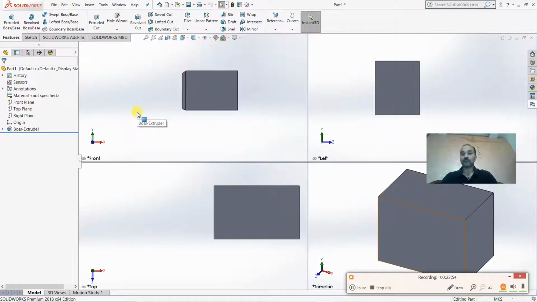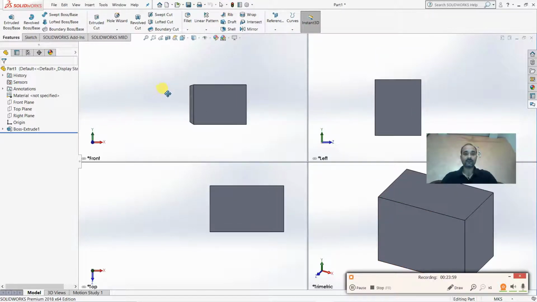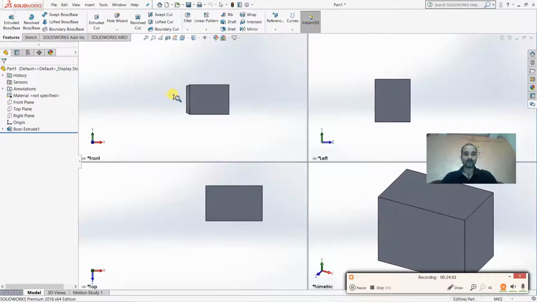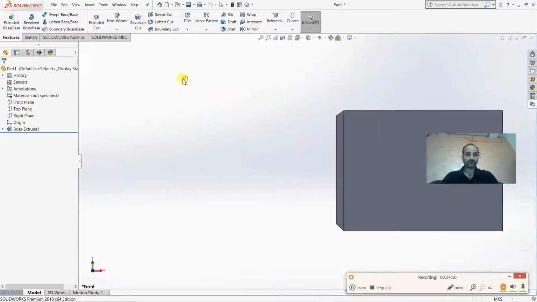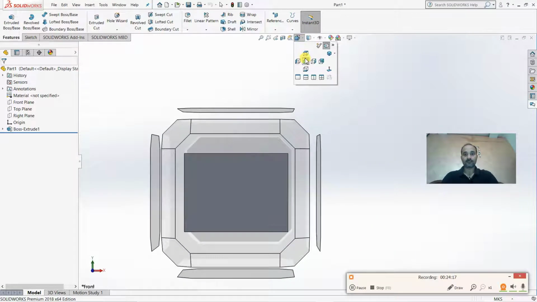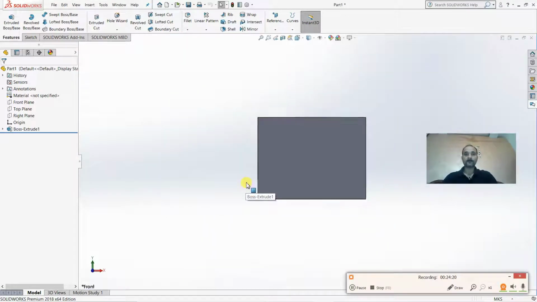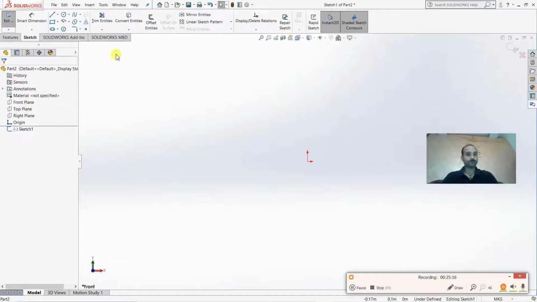If you zoom in and zoom out, all the parts will zoom in and zoom out, and if you use shift and roller, then it will zoom in and zoom out. All these things will be very clear using this command. You can switch back to single view anytime. I will go to front view once again. So this is basically views on the basis of the observer.